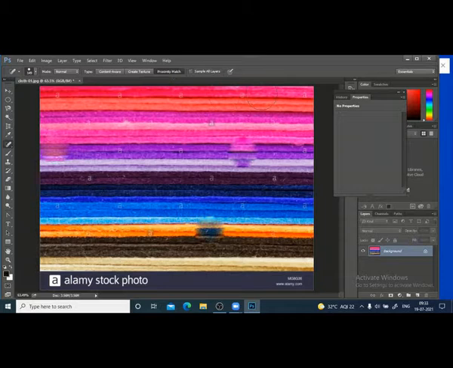And proximity match uses the very nearest pixels and it may affect the result. Depending on the requirement, sometimes you may have to use create texture or proximity match, but most of the time we'll be using normal and content aware.